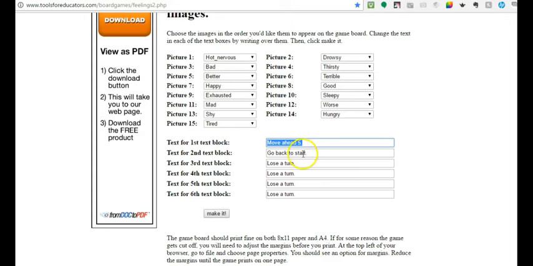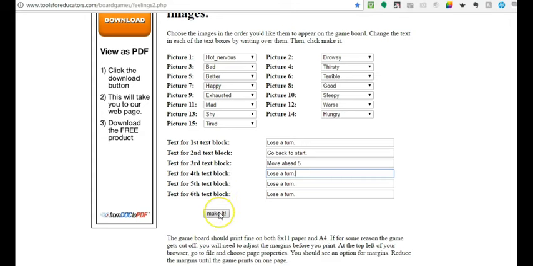I copied that and then I brought it down here and pasted it into number 3, because that's a good place. You don't want people jumping right ahead of the game. Then over here I typed in lose a turn, deleted that, and go back to start. Okay, go back to start is okay as a second one, especially for young kids. They're just learning. You sure don't want to put go back to start at the very end when they've almost